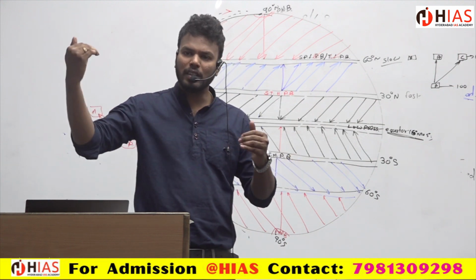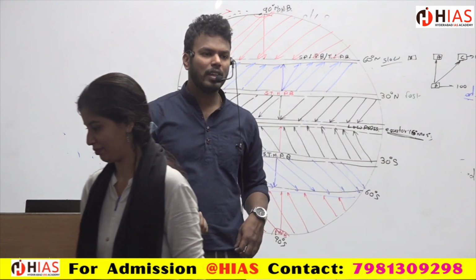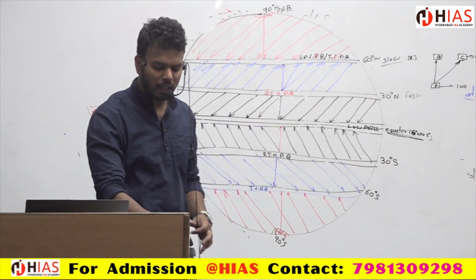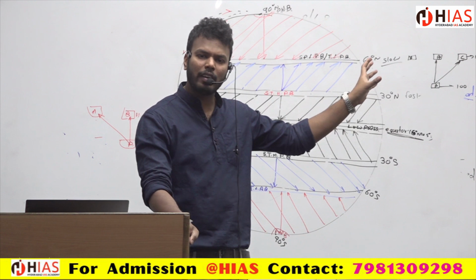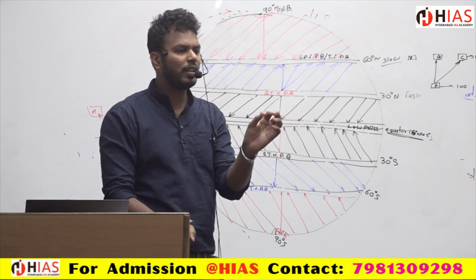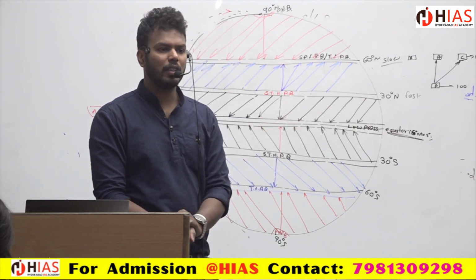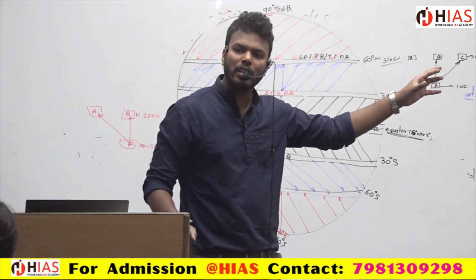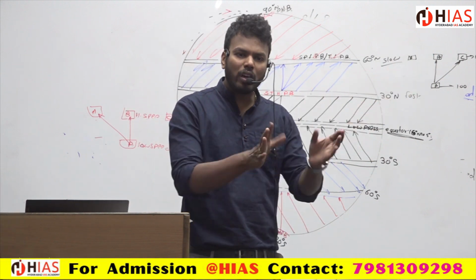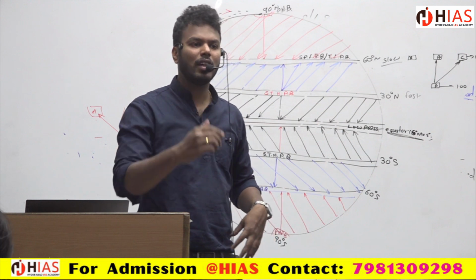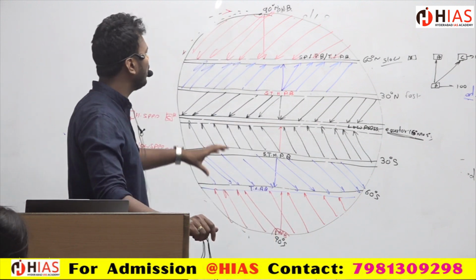Okay? So it means they will travel with more speed. If there is a less difference, for suppose, as I told you, 1000 and 1080, less difference is there, they will travel with less speed. 1000 and 1040 on the other side, more difference is there, they will be traveling with high speed. So that is what we need to understand.